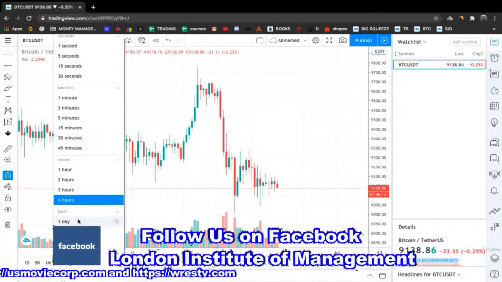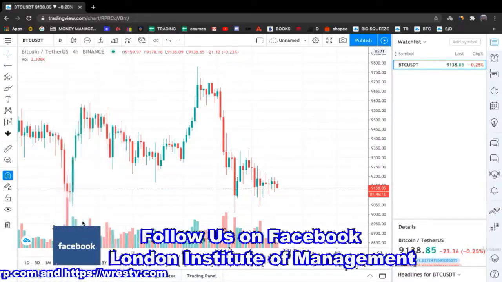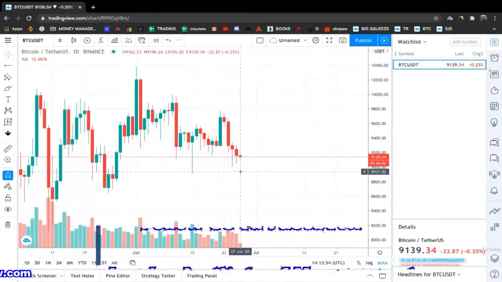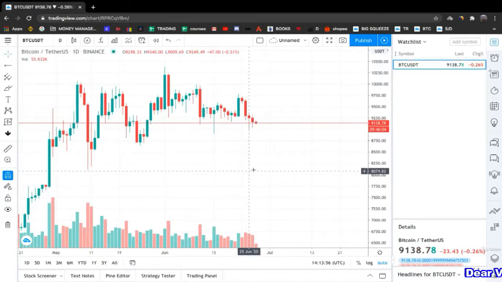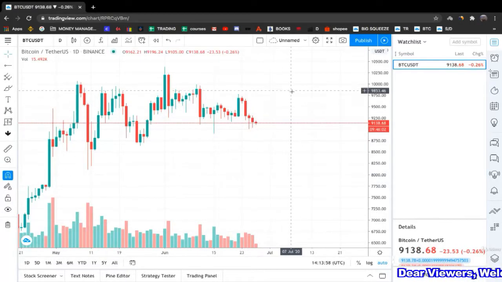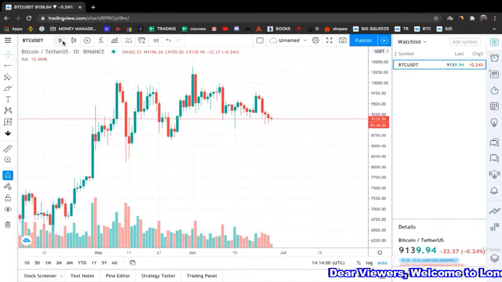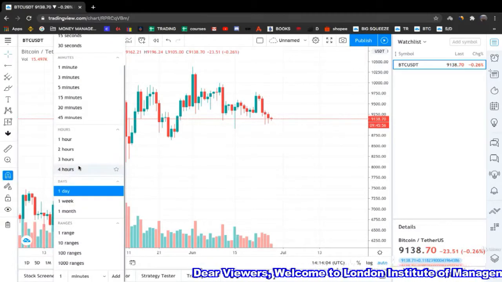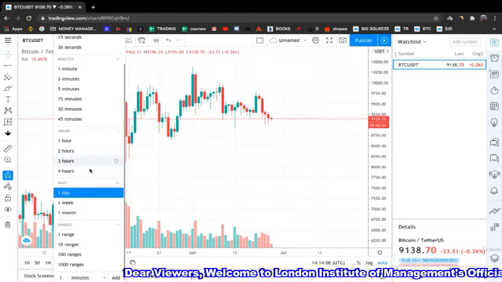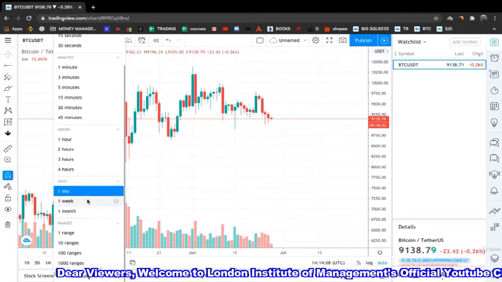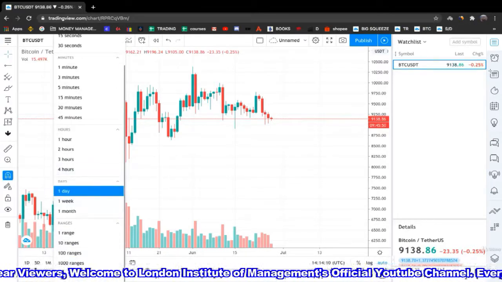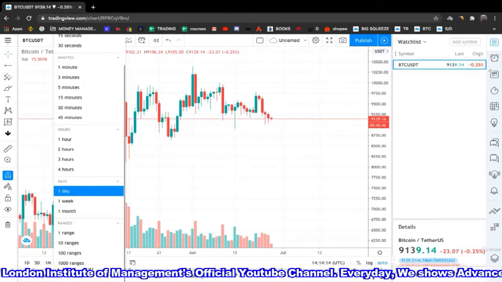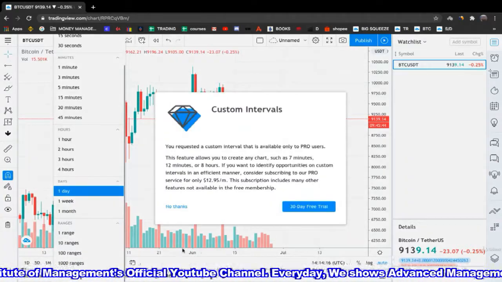The higher the time frame, the more passive it is. A daily time frame means that every candle will take one day, so if you are entering a trade, it will take you longer to play out. The shorter the time frame, the faster it will play out. Unfortunately, with the free version, you cannot pick other time frames, I think. Let me try here. If we want to use the 6 hour time frame, no, you cannot.